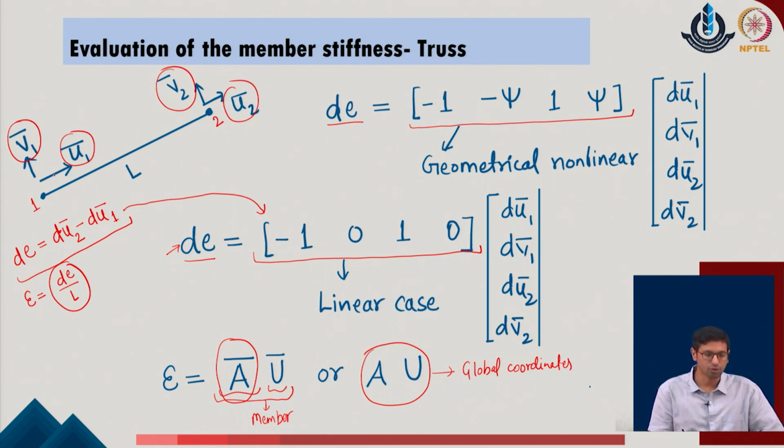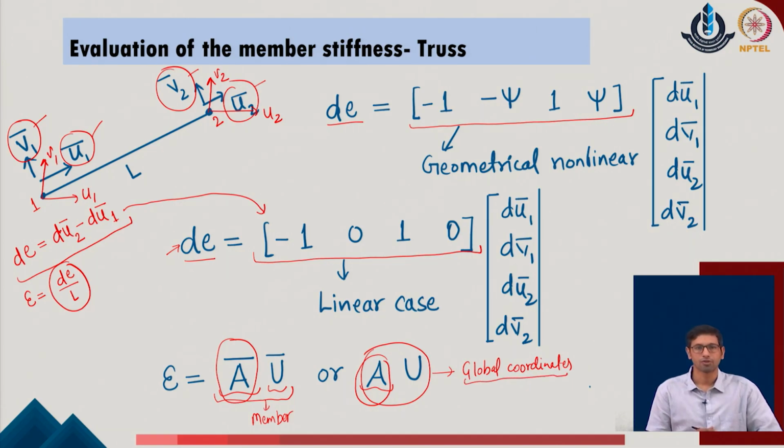What the user can do at the beginning itself is, instead of taking the displacement parameters in the local member coordinates, define these values in the global coordinates as well, which are say u1, v1, u2 and v2 in the given system. So, knowing these values in the global coordinates, the user can again come up with the general strain relationships, which are located with respect to the transformed relationships, and those transformed relationships can also be applied to the general relationship of the A term in the given system, and that will give us the global coordinates of the given system.